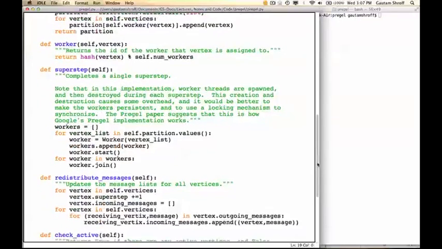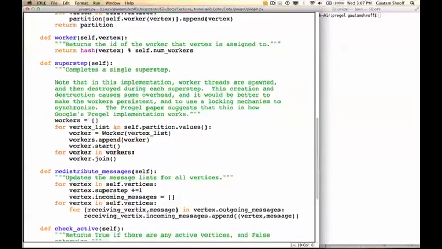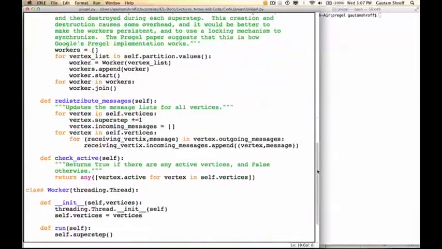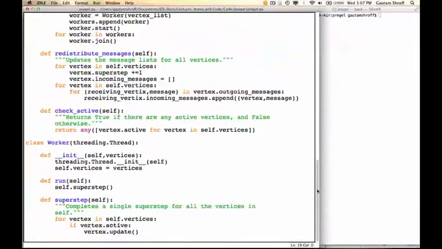So if you look at the superstep itself, it essentially looks at every partition and tells the worker to do its work in every partition, and the worker ends up running a superstep, and the superstep in the end, after all this class hierarchy, essentially for all the vertices that it happens to own in that partition,